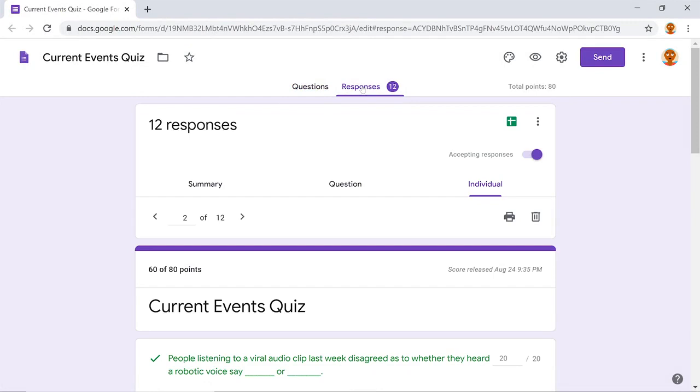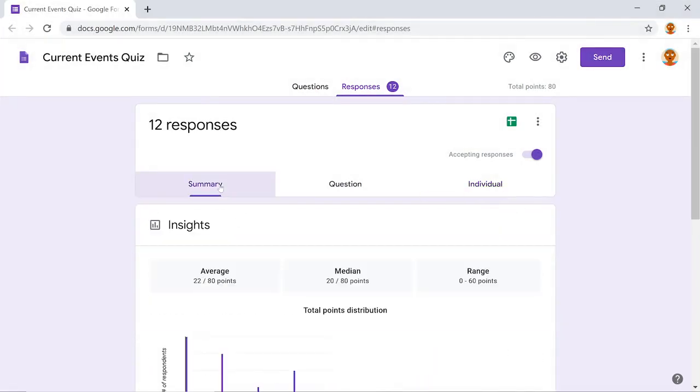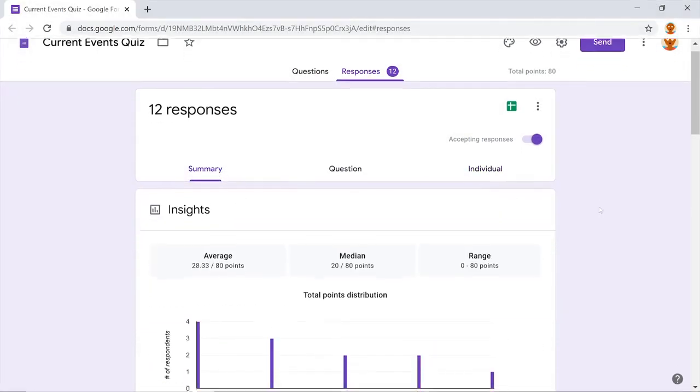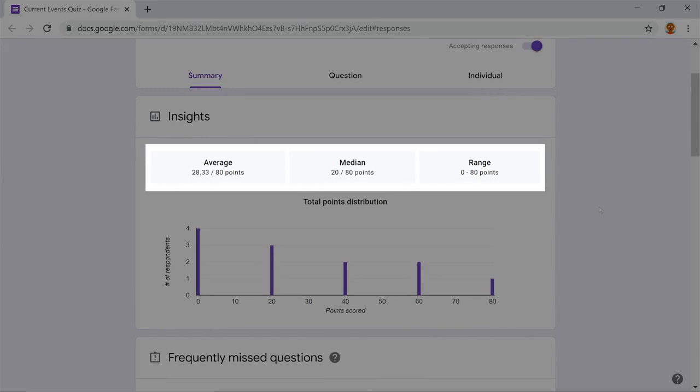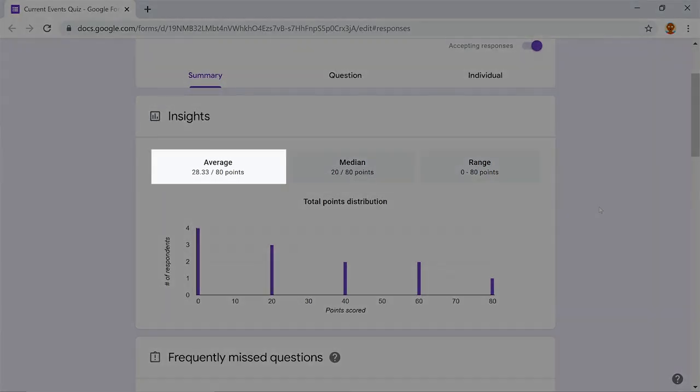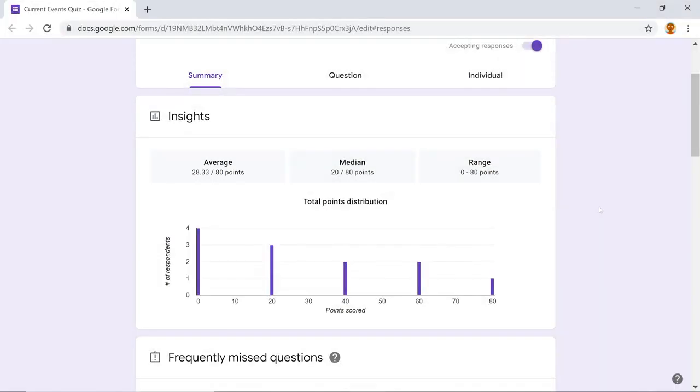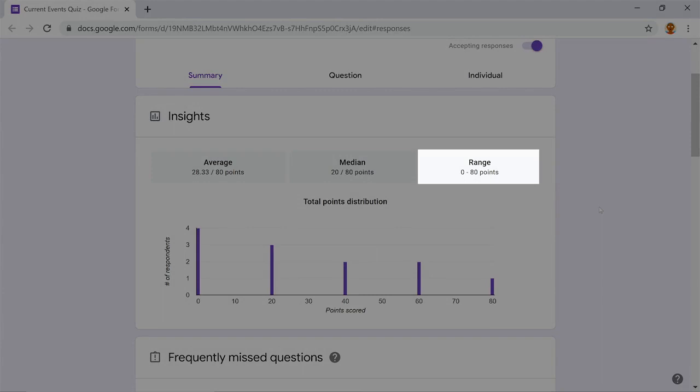Review the insights for your quiz data. Filter by the summary of all data. You can see the average, median, and range of your respondents' scores. The average is the typical score that quiz takers got on your quiz. The range is the difference between the highest and the lowest scores, and the median is the midpoint in the